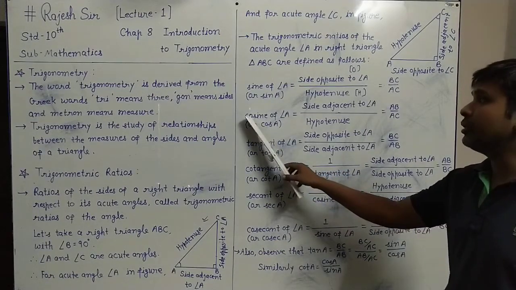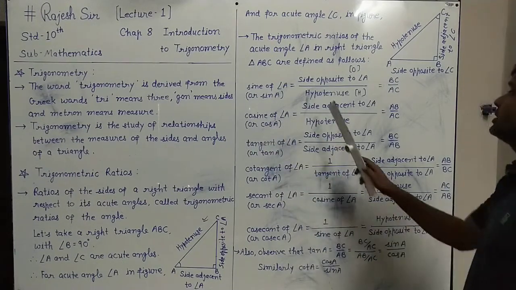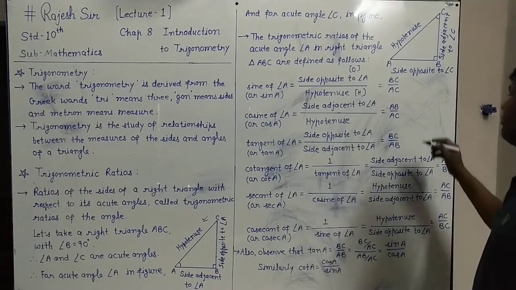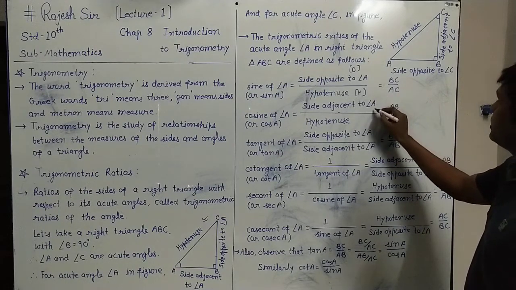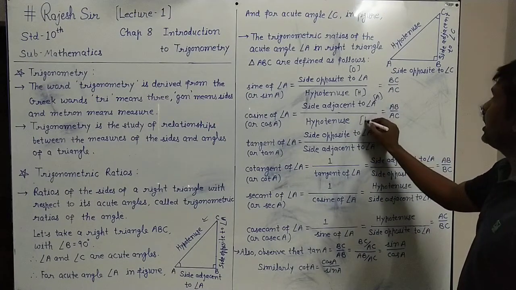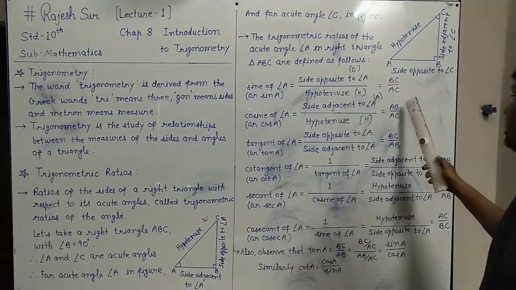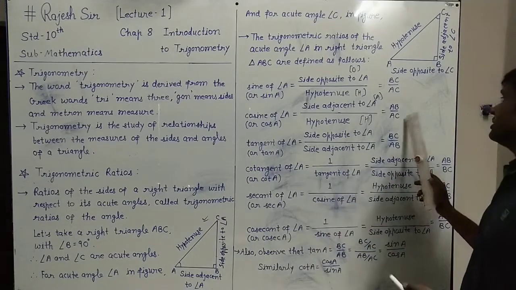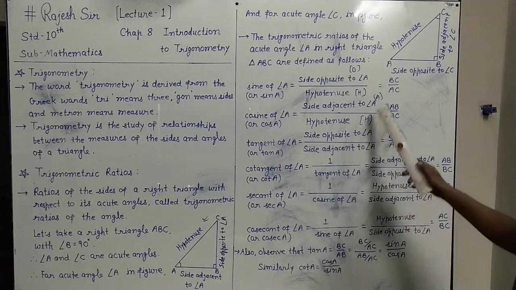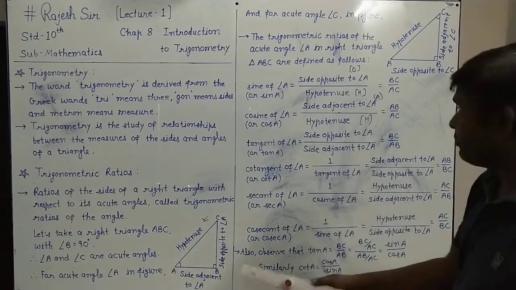First three letters of cosine, cos. Now angle A is shortly A. Cos A equals side adjacent to angle A upon hypotenuse. Adjacent side is also denoted simply as A for adjacent side and H for hypotenuse. So the adjacent side of angle A is AB, that is up, and hypotenuse is AC, that is down. This is the second trigonometric ratio, cos A. This is A upon H, that is adjacent upon hypotenuse, that is AB upon AC for this reference figure.